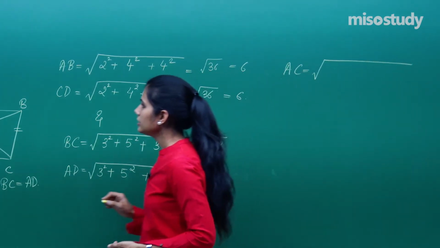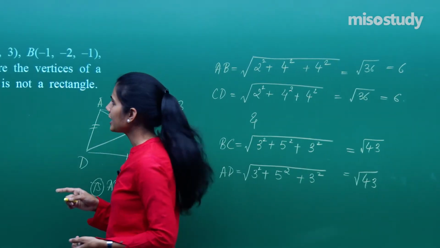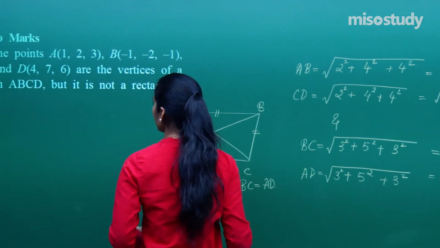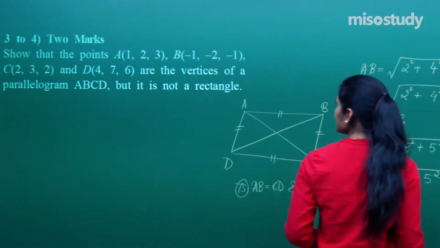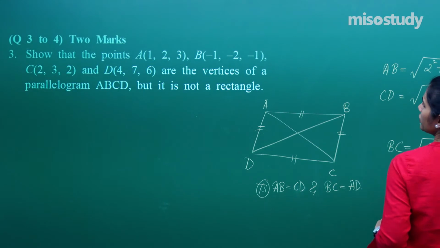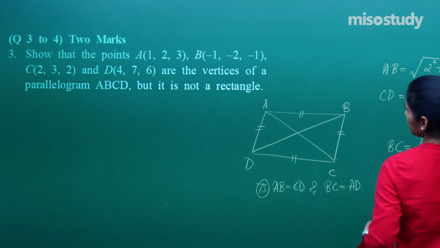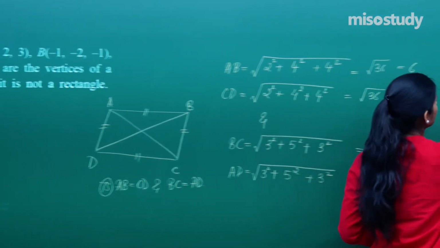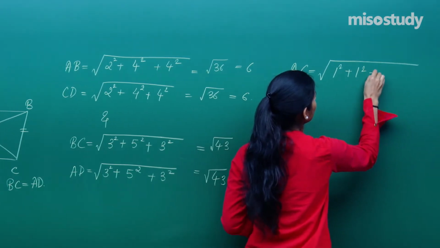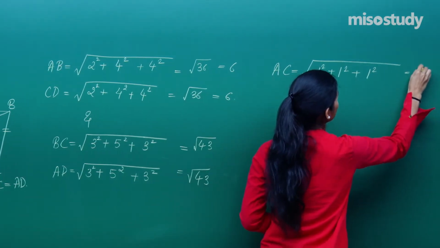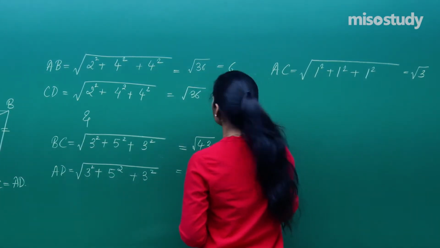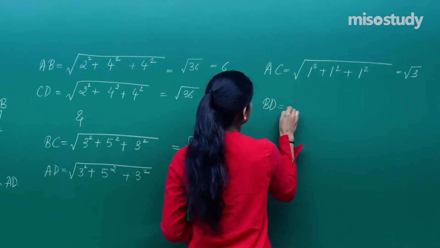AC. Length of AC means distance between A and C. It is 2 minus 1 whole square, plus 3 minus 2 whole square, plus 2 minus 3 whole square, which is minus 1 square. So it is 1 square plus 1 square plus minus 1 square, which is the same as 1 square. So this is root 3. And if I calculate BD,